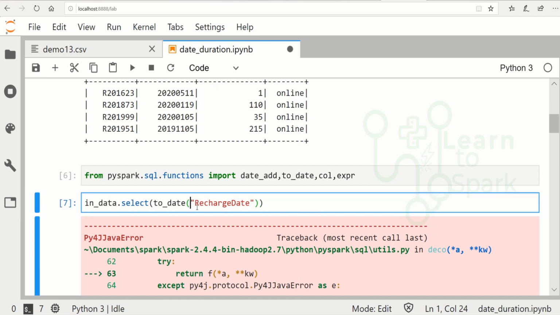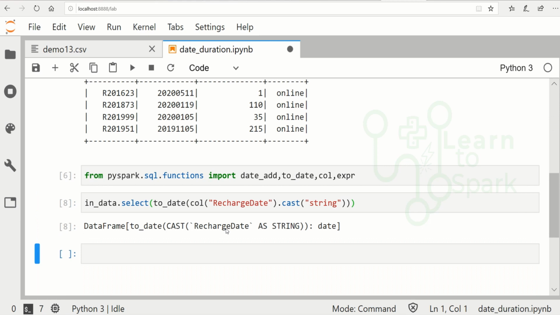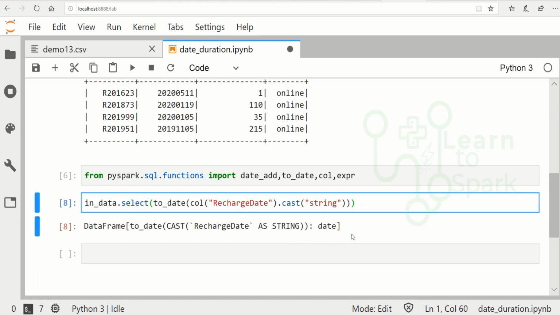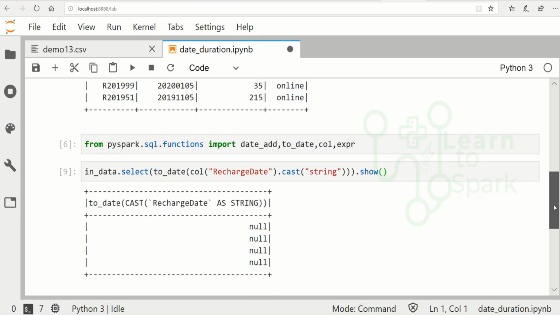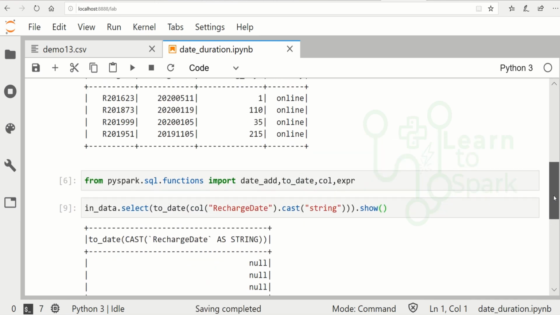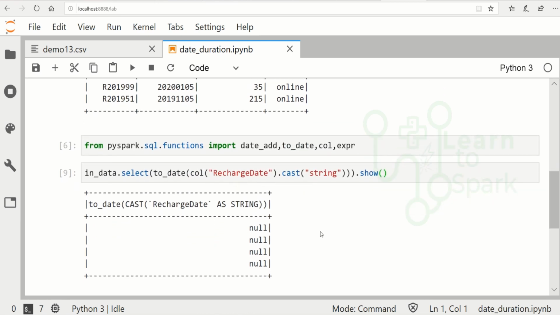So what we have to do is cast this again to a string column, which I am doing by using the col method and casting it as string. But even if this command works, if I give a show command, it will be showing a value of null.